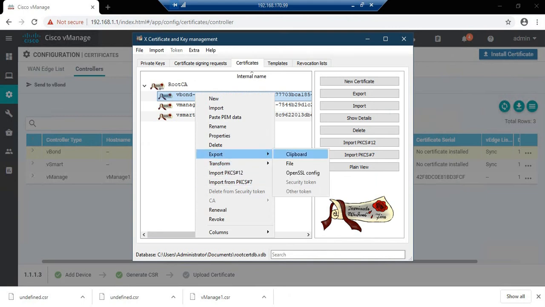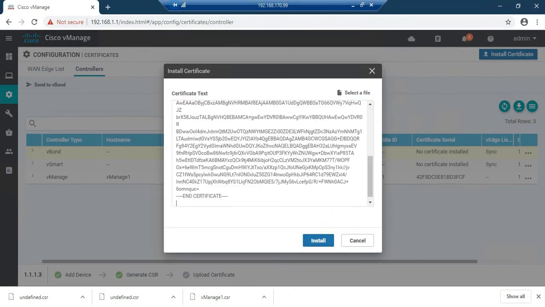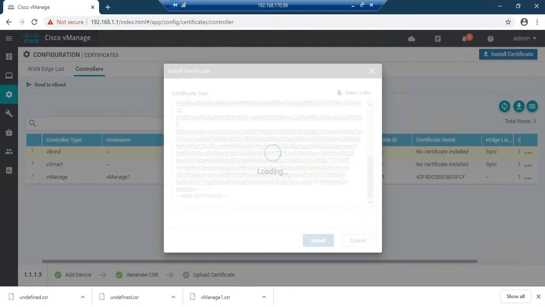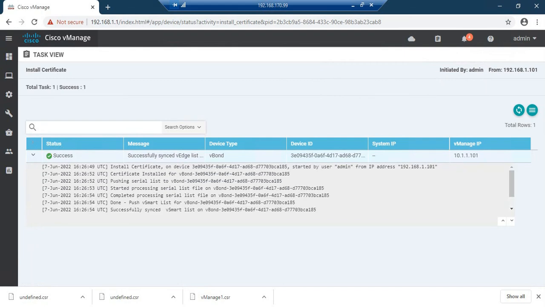Let's export clipboard. Minimize it. So it is also installed.